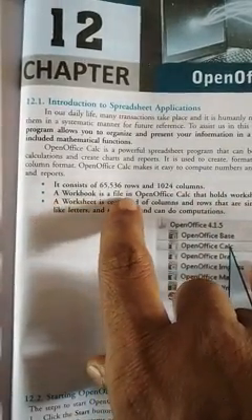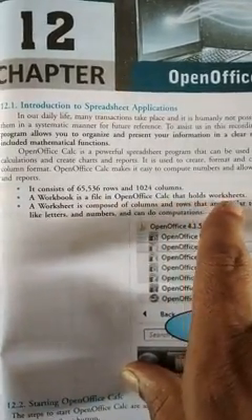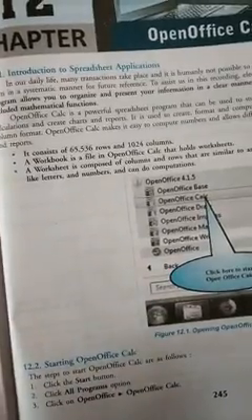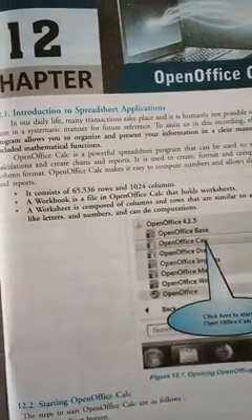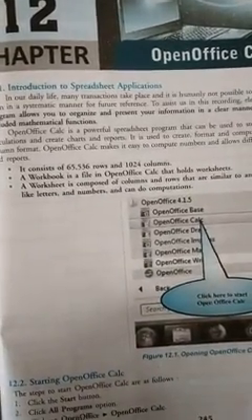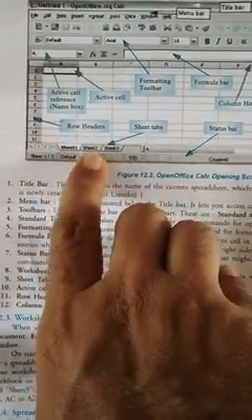A workbook is a file in OpenOffice Calc that holds the worksheets. In a workbook there are by default 3 worksheets. You can also create as many worksheets as we need. See here, these are called worksheets: worksheet 1, worksheet 2, worksheet 3.